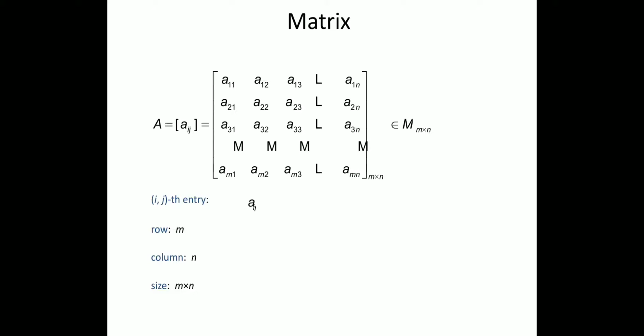The order of the matrix is always written as first the rows and next the columns. If I arrange these mn numbers in n rows and m columns, then the order of the matrix will be n by m.